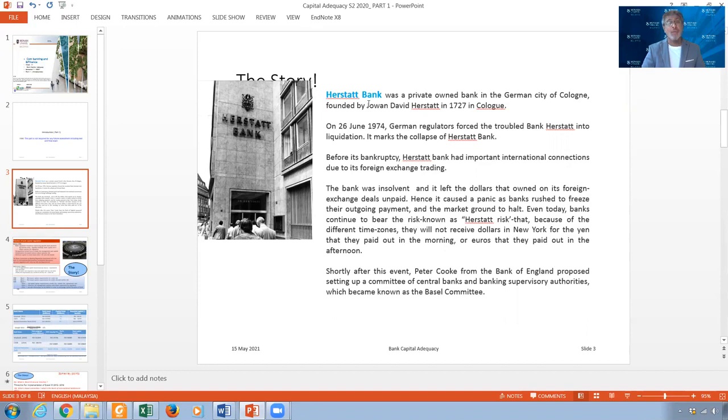On Friday, when the bank closed, the American bank executed the transactions. But over the weekend, that bank, Herstatt Bank, already had some problem. The German authorities liquidated Herstatt Bank. So by Monday, when they came, there were no payments and there were huge exposures, and it was like a crisis, and all the lending among banks, the interbank and international banking, was frozen.